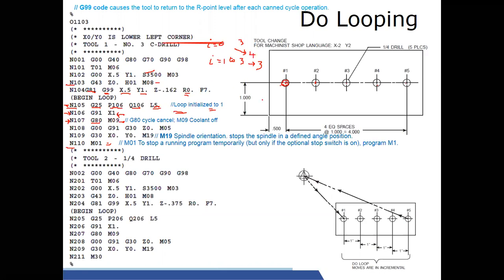Once this set of holes are made, you have to change the tool, because this is a smaller size hole. Next I wanted to make a bigger size hole by using a half-inch drill. Okay, the CGS system is used here. So a bigger diameter drill bit is taken and again the drilling is done. This is repeated the same way. Okay, tool alone changed.